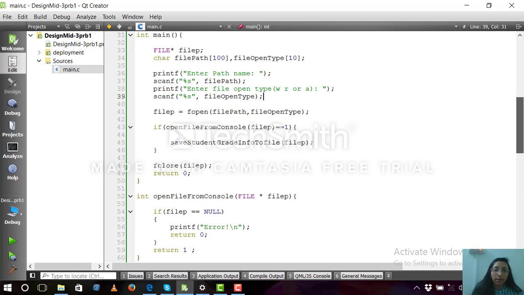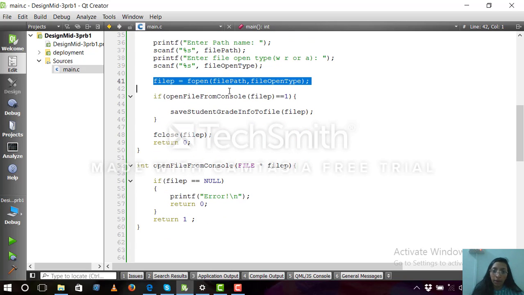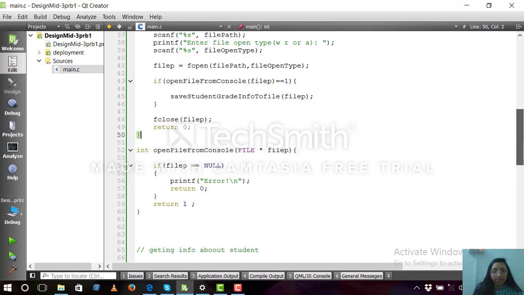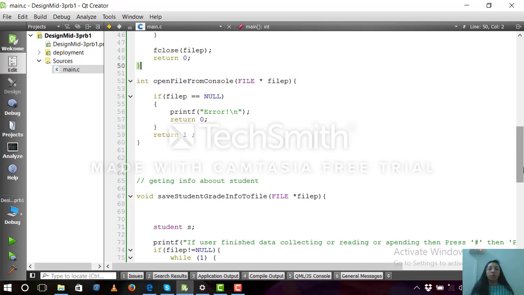So first of all, I'm going to open this file with fopen. Then I'm going to check whether open file from console is true or not. If it is, then I'm going to save student grade info to file, and after that I'm going to close this file. So inside this function open file from console, I'm going to use this file pointer.